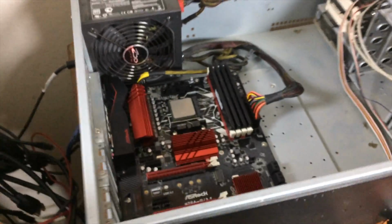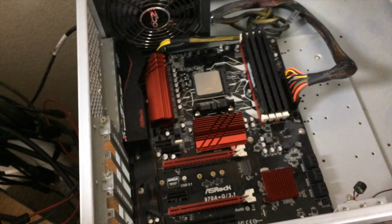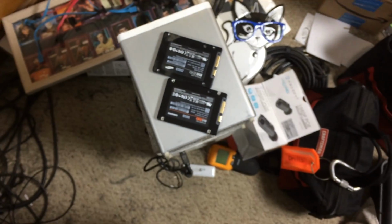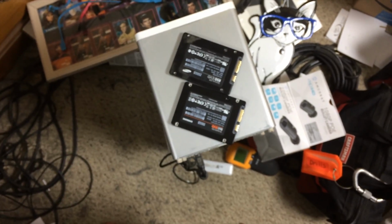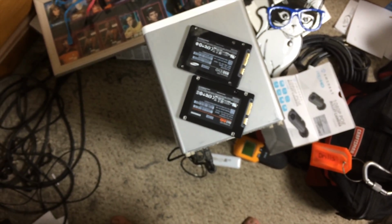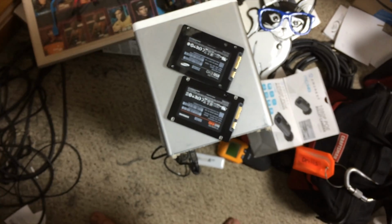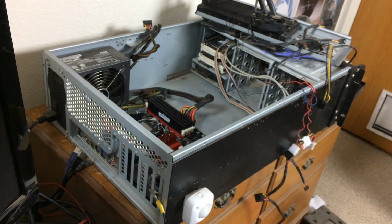Not sure if this motherboard has onboard RAID or not, but even if it did, striping two drives is generally not the greatest idea when it comes to SSDs. You won't get way more performance than you reckon, and you have double the chance of failure. So I'd rather just stick with one larger drive and demote this drive to a less mission critical task. So let's swap this guy out for the